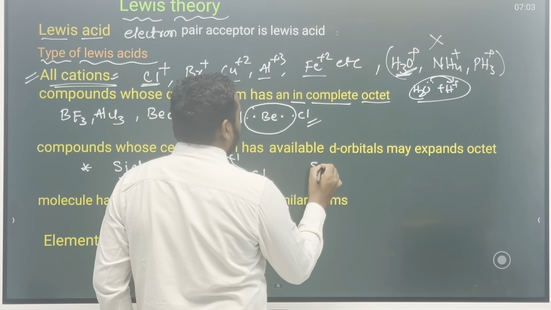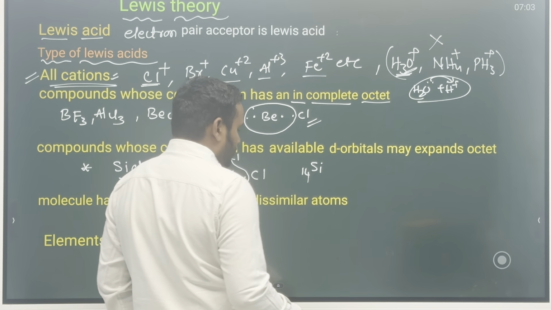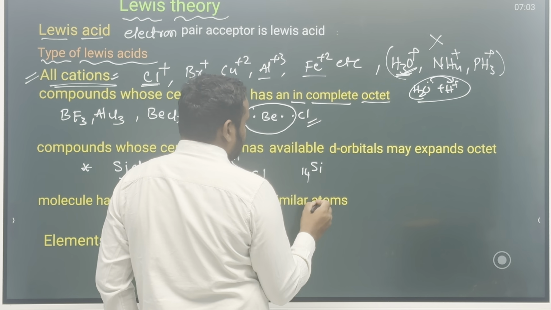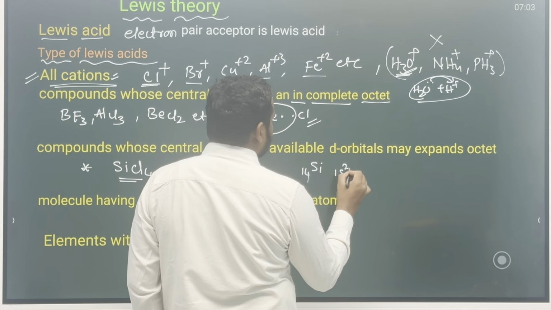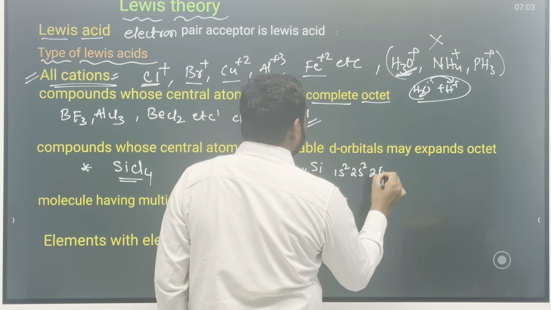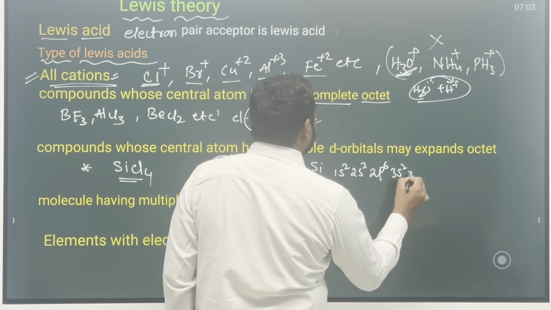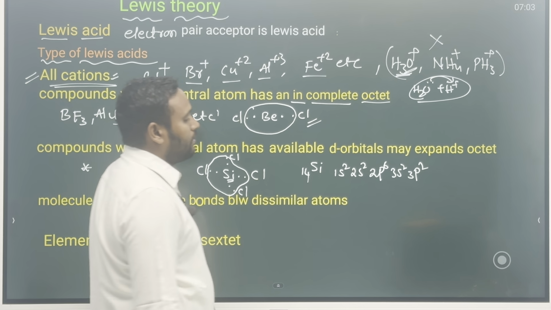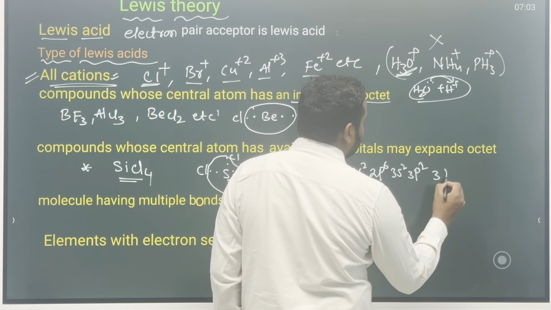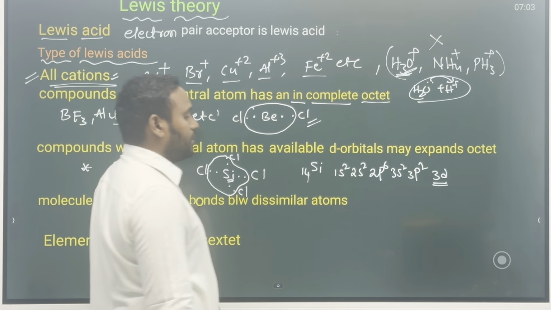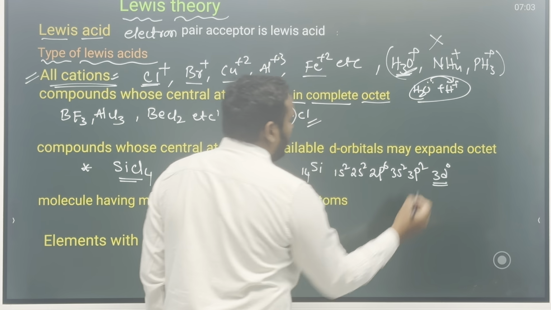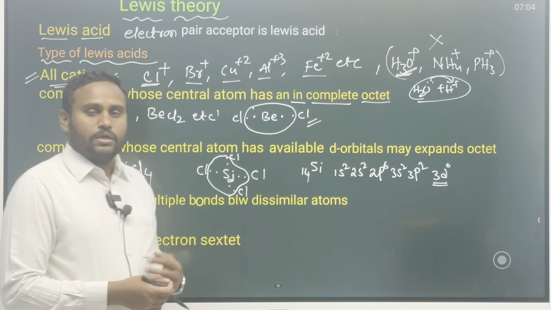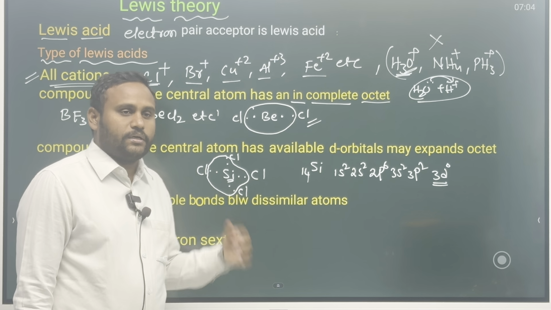So see, silicon atomic number 14. Okay. So its electronic configuration is 1s2, 2s2, 2p6, 3s2 and 3p2. So this is the electronic configuration of silicon. And here the third shell, we know we have 3d also. So due to available d orbitals, it can expand its octet, so it can accept electron pairs, that's why it can act as